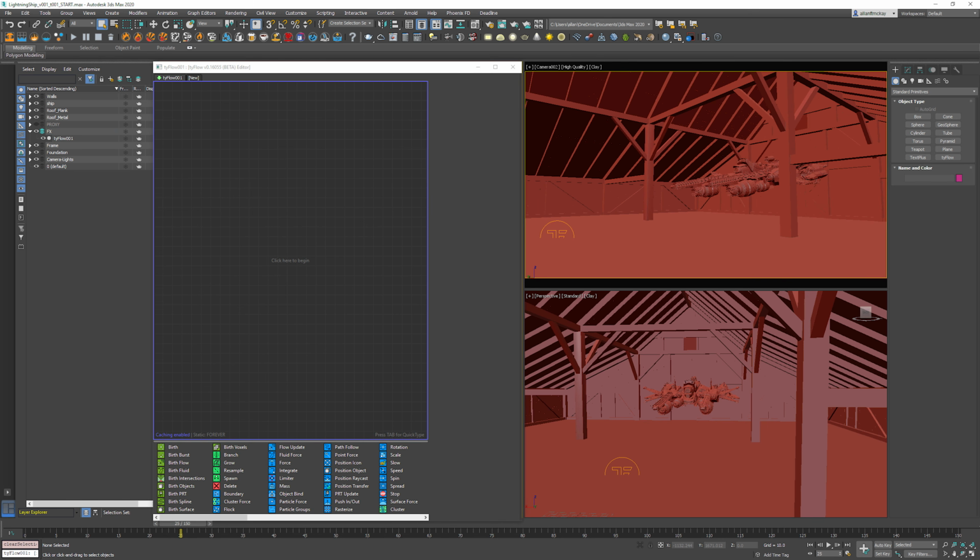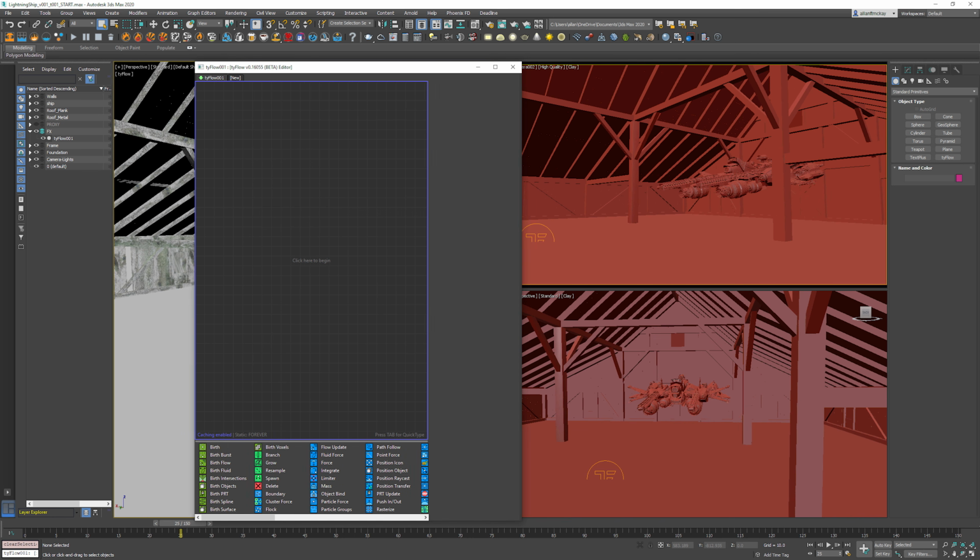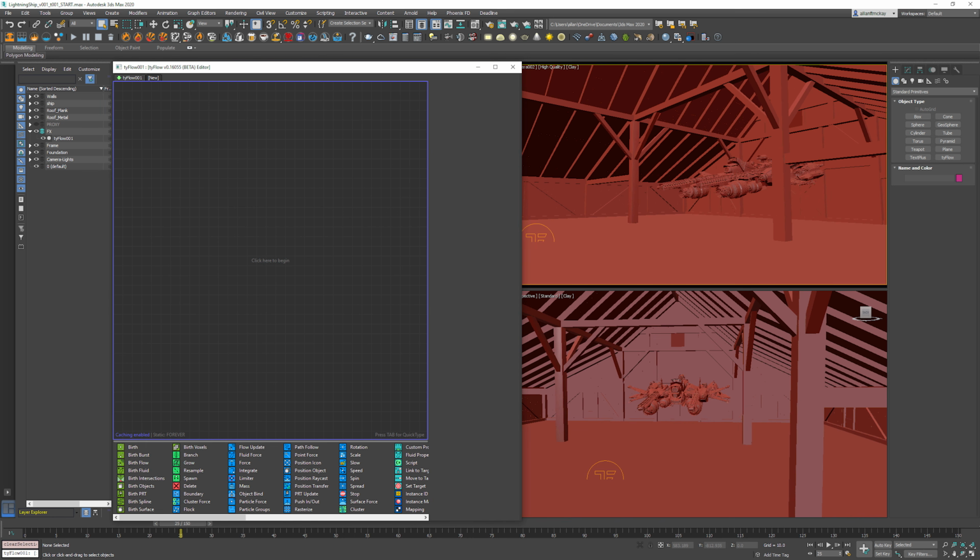Like so. I might actually make it a little bit more room. All right. So the general idea is that we'll just create a birth. I'm just hitting tab and typing in birth. Otherwise, you can just pull them from down here. Now, the whole idea is that we got our birth, and this will allow us to emit points all over